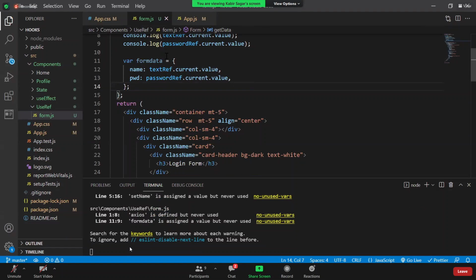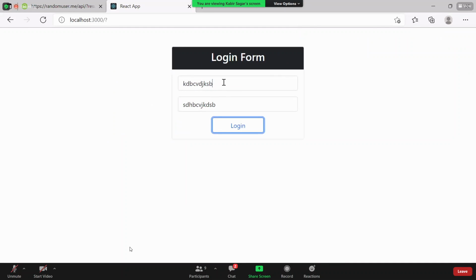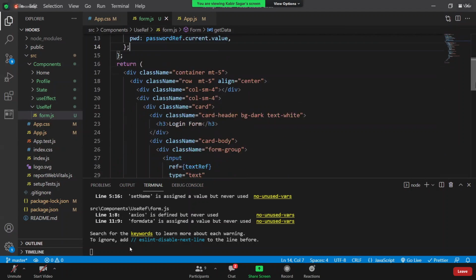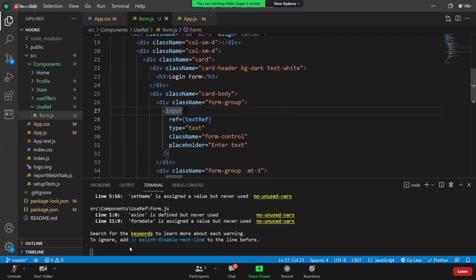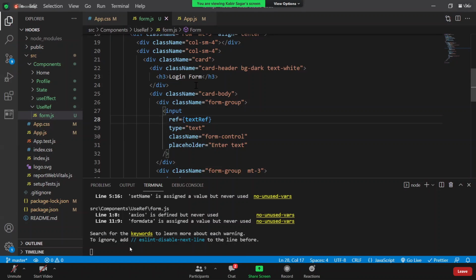So here we have just learned how to take the data from the input elements and how to create the object. If you don't want to use ref, then you can go with the onChange event. You can create two states here and configure the onChange event. Whenever there is some change, you have to update the state. These are the two approaches we can follow. The onChange approach is the JavaScript approach. The useRef approach is the React approach. React has given this concept.